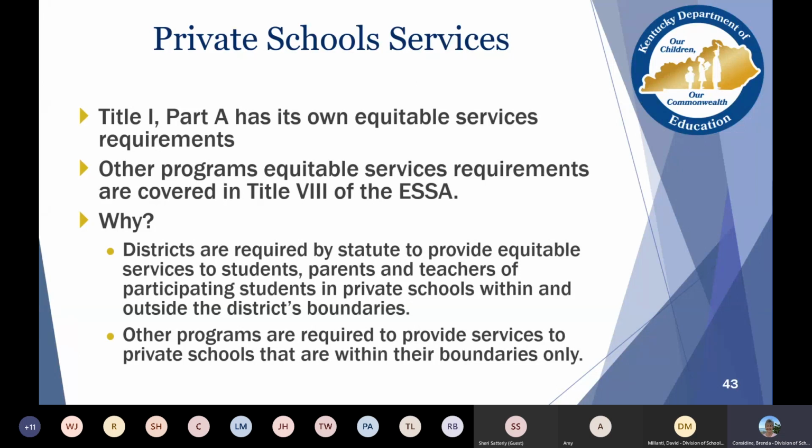Sometimes districts feel like that Declaration of Participation packet, when they send it out, is covering Title I. There is a letter of notification and a participation survey that is just for Title I Part A. It can either go out on its own, or it can be included with that Declaration of Participation for the other federal grants. But you need to make sure that it gets sent out and it's included.